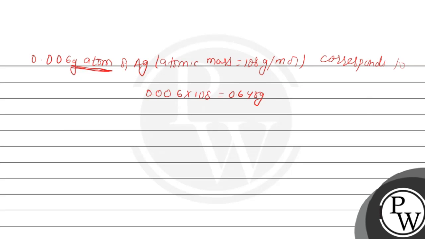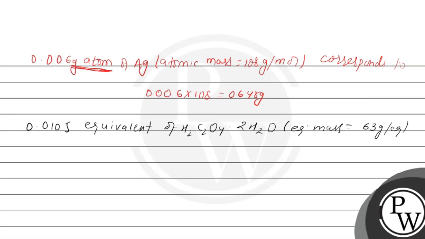And 0.0105 equivalent of H2C2O4.2H2O, whose equivalent mass is equal to 63 gram per equivalent, corresponds to 0.0105 into 63, which is equal to 0.662 gram. So 0.625 gram is less than